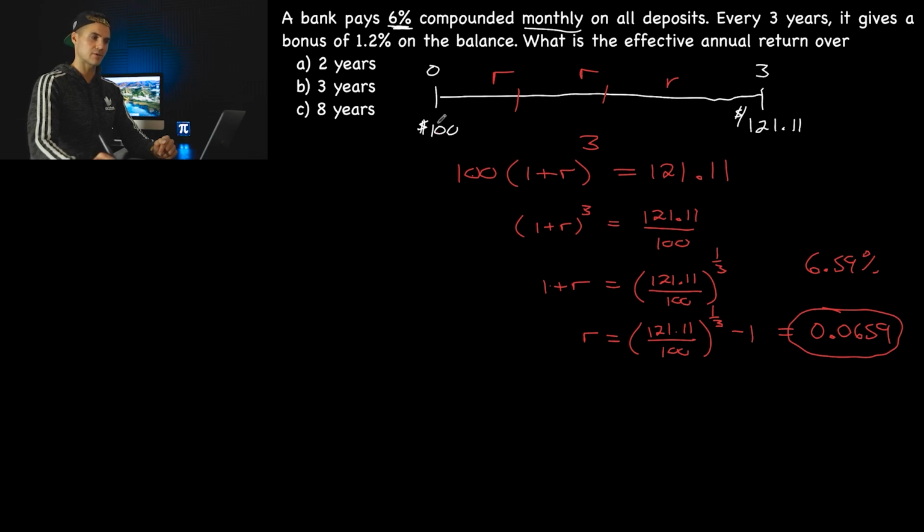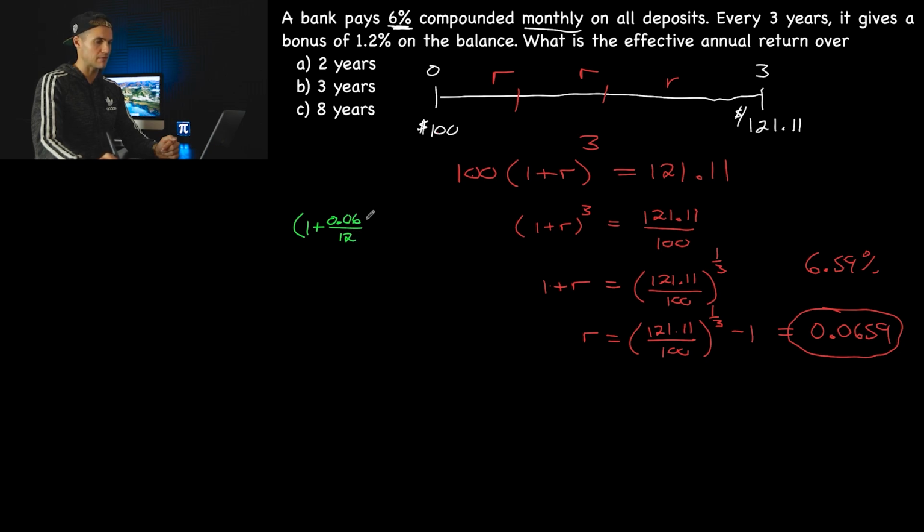And again, this is the longer way to do it, right? So pretending like you're investing $100, what are you going to have at the end of 3 years with these parameters here, with the interest rate, with the bonus, and then figuring out on average what you made every year in order to get to that. Now, if you wanted to do it the quick way, like just want to have one formula without having this 100 and doing all these in-between calculations, you could just pretty much set up something like this. You could say, okay, well, I'm going to earn this